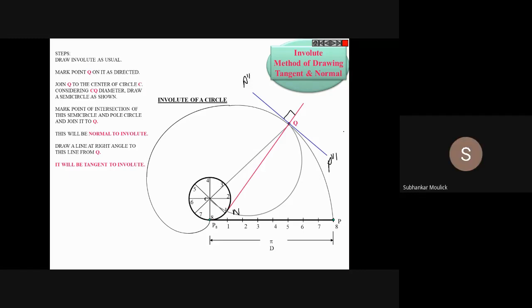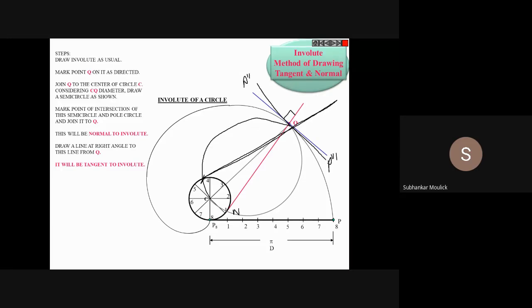Yes, sir. Okay, one person was asking why I am not drawing the semicircle like this. Oh, sorry, why I am not drawing the full circle? Because if you draw the full circle, then the intersection point of the upper part of the semicircle and the lower part with the small circle is this particular point. Then you have to join this point with point Q. Then this line will be your normal. Then you align your protractor with this normal line and draw the tangent line.